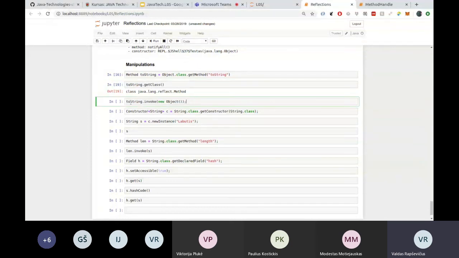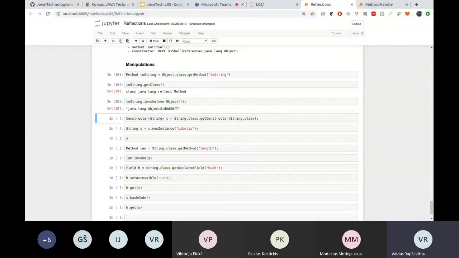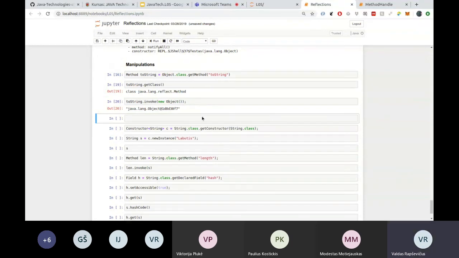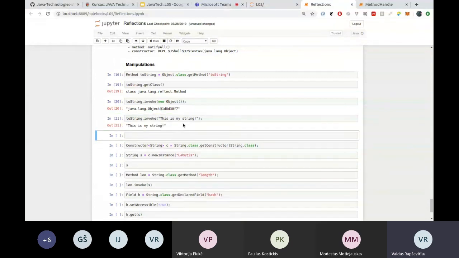Okay, so basically we can take this method and invoke it on some other object, right? This is how we invoke the method. We have a handler and we run it on some kind of object. So for instance, the method invoke on something like "this is my string". So it basically executed